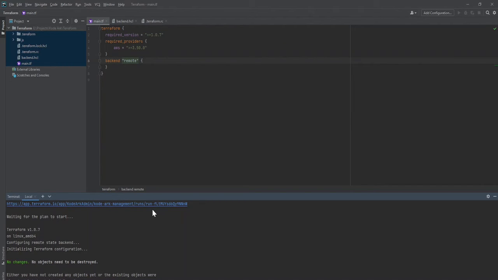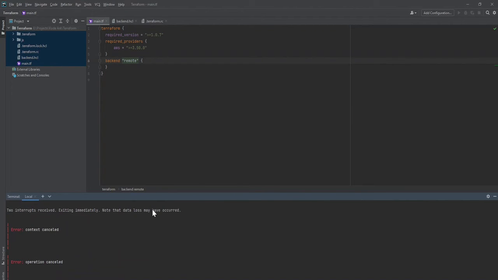There are certain other commands that you can use. For example, there's the terraform fmt command with the recursive option, which will format the files as per the standard. Another command is login, with which you can log in and generate the token. Logout is to log out from the cloud. There is also a show command, which shows the current state or the saved plan.